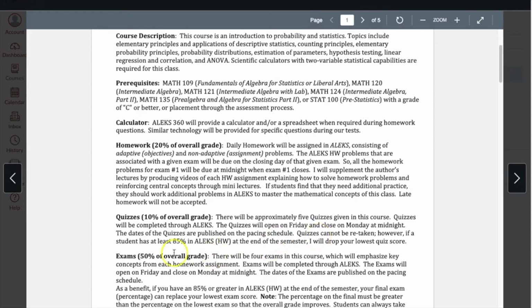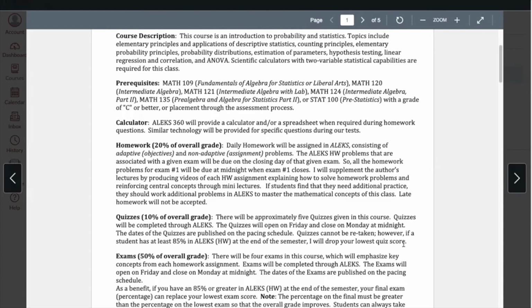However, as an incentive, if you can get your ALEKS homework score, what's our ALEKS homework score? It comes 50% from the non-adaptive homework, the HW green problems, and then 25% from the golden colored little pie charts, right? The interactive ALEKS stuff. And then you've got that final pie that gives you your final 25%. If you can get 85% in that overall ALEKS homework score, then I will drop your lowest quiz score. And so if you have a low one, or you didn't take it or got a 0 on it,